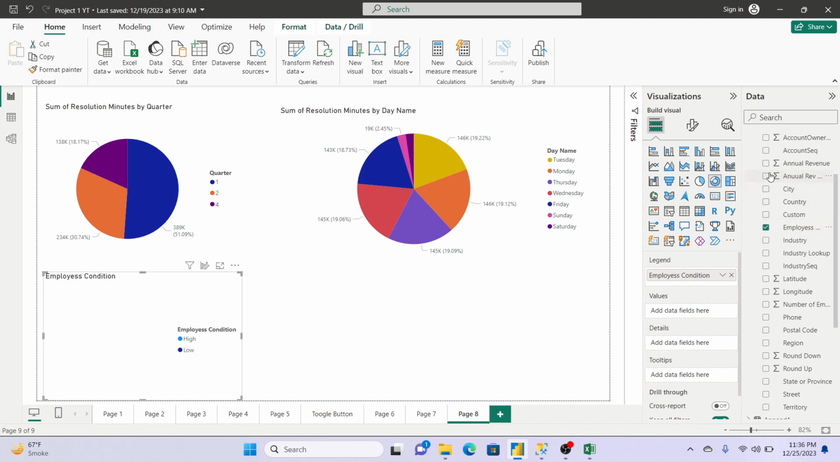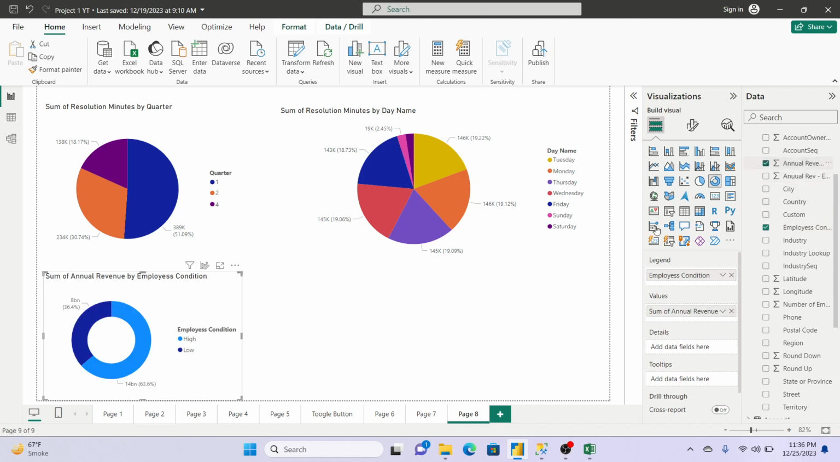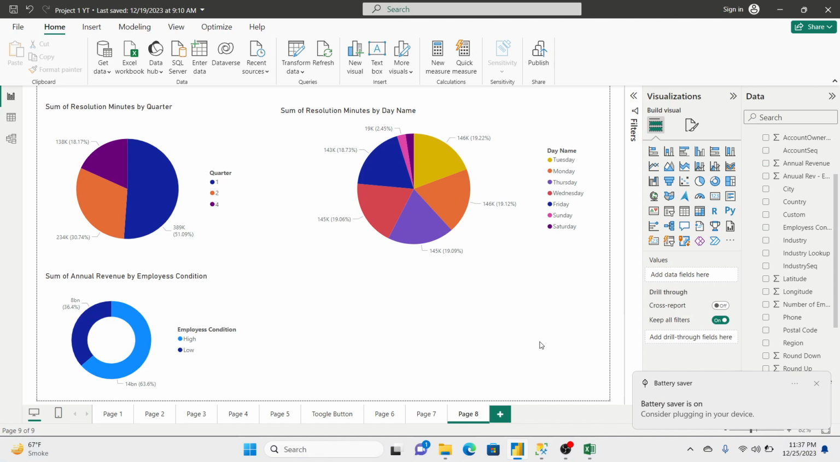The employees condition we have passed, and on annual revenue, the ones who are below 5,000 are like 36%, and the ones who have more than 5,000 are around 63%. So these were some of the 9 to 10 things which are used in real-time projects,